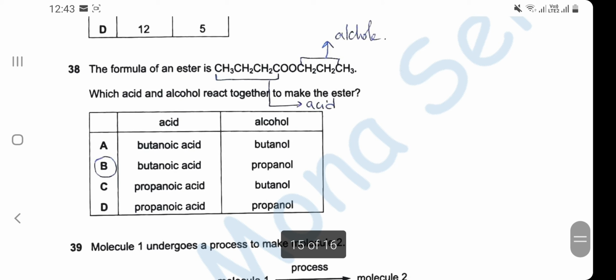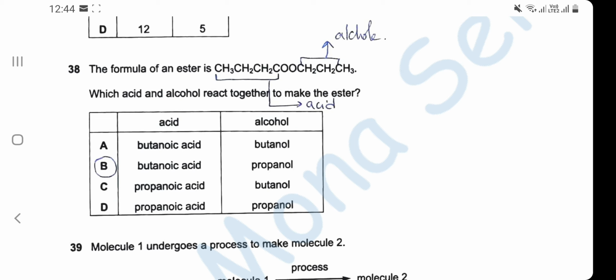Here we have the structure of an ester. The formula of an ester is as shown. Which acid and alcohol react together to make this ester? Here, to make it easy for yourself, you have to divide it into 2 molecules. The first one